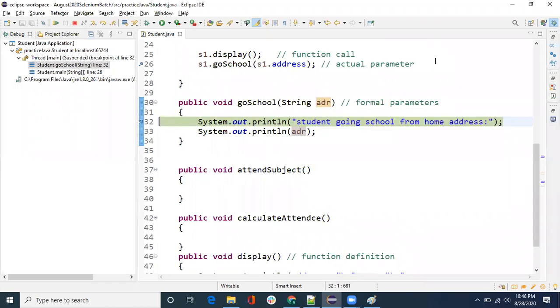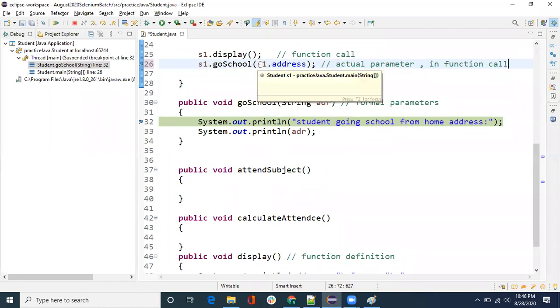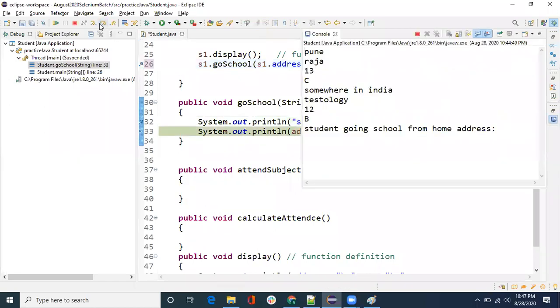So the actual parameter is, when you are calling a function and you pass any value, that is called the actual parameter in the function call. And at the receiver end, this variable is called formal parameters. Nothing, it's just a theory, don't worry about it. And see here, this ADR has somewhere in India, so we are printing this line, then going to the next line,